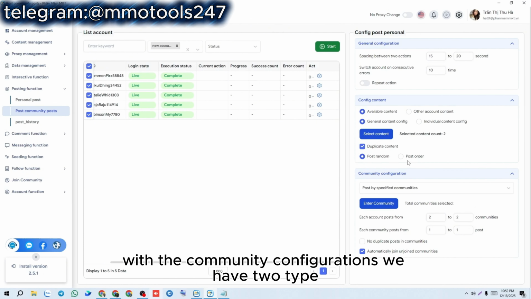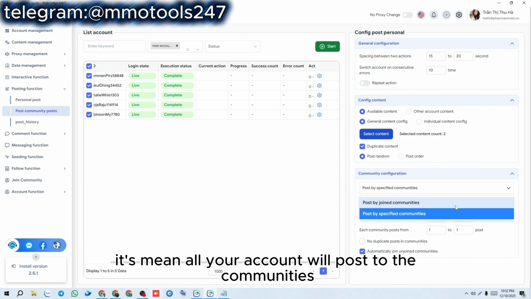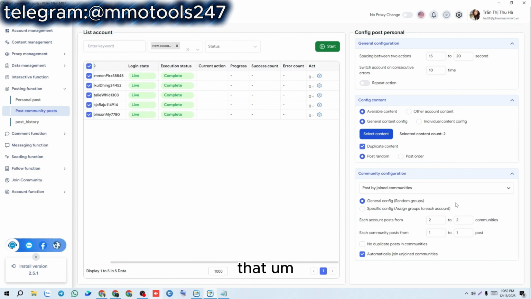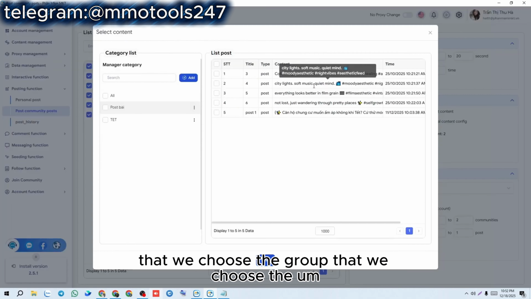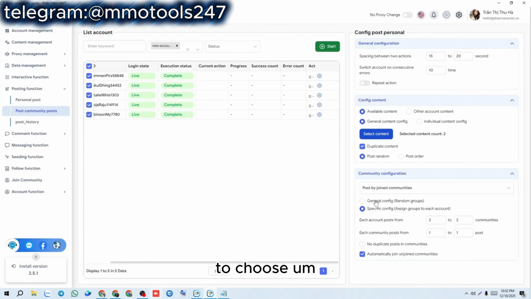And with the community configurations, we have two types. First is post by join community. It means all your accounts will post to the communities that the account have joined before. We will have a general config. That means choose random groups. We could have the specified config that we choose the group for each account, or we could post by